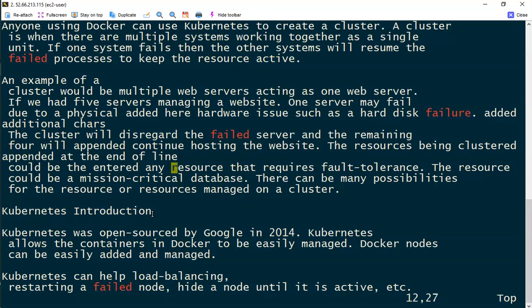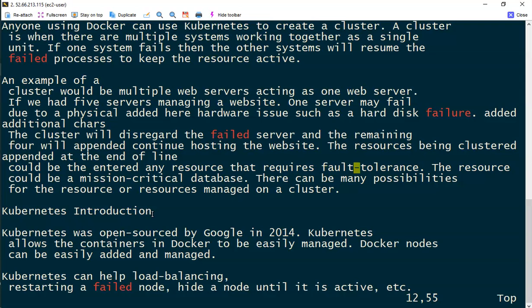Now what is uppercase B? Uppercase B is go to the word where it starts with a space. Look at this. Here I am somewhere here. If I press B, it comes to comma. It comes to T hyphen fault.